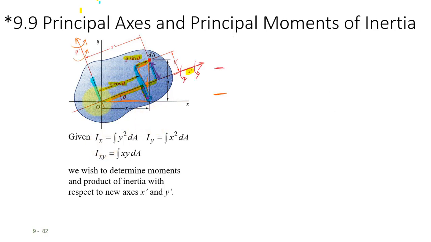Here is the y direction. So if I want to go up in this direction, you'll see it's this big long distance minus this short distance. So you can see it's y cosine theta, that's this long chunk of it, minus x sine theta. And the difference between those two would be the new distance in this new coordinate system. So that little prime, this is the red coordinate system. Okay, so going back and forth between these two coordinate systems, we can use that in calculating our moment of